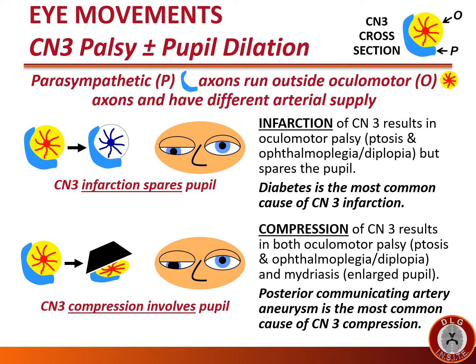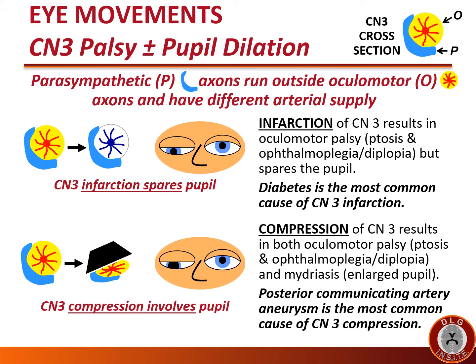Cranial nerve 3 palsies are important to recognize, and there are two main pathophysiologic processes that cause cranial nerve 3 palsy: infarction and compression. Let's first review the anatomy. As you know, the oculomotor nerve has both the oculomotor component, the motor component, and the parasympathetic component, the Edinger-Westphal component. The parasympathetic axons actually run outside the oculomotor axons, much like a beret on the outside, and have a